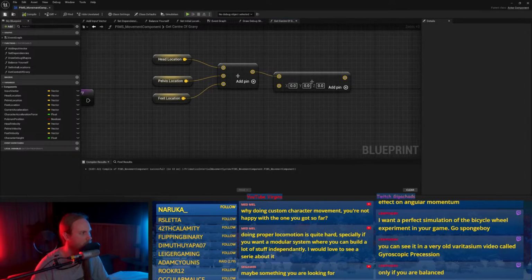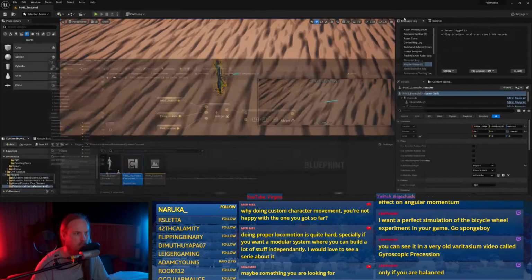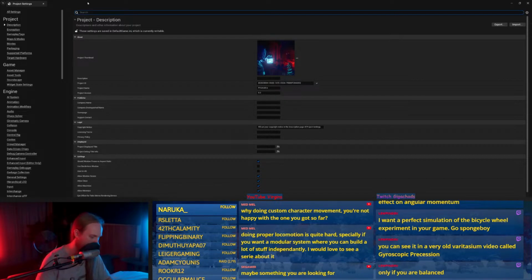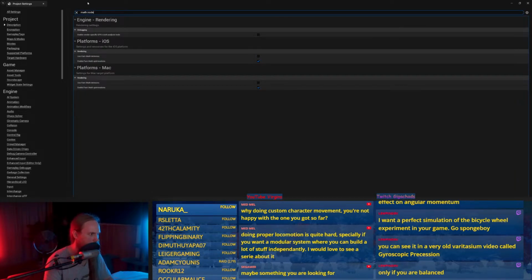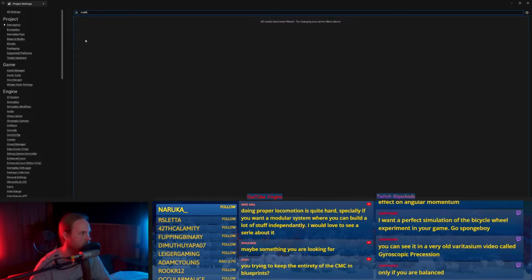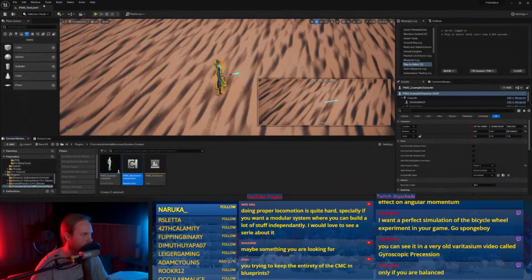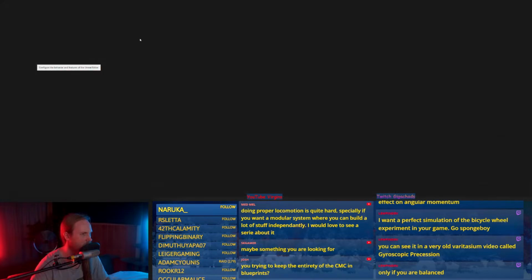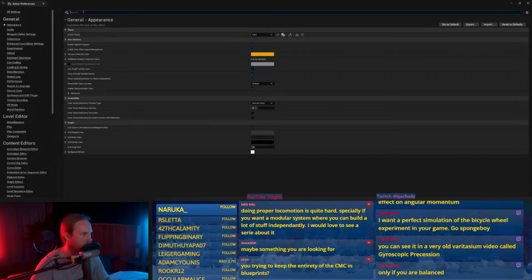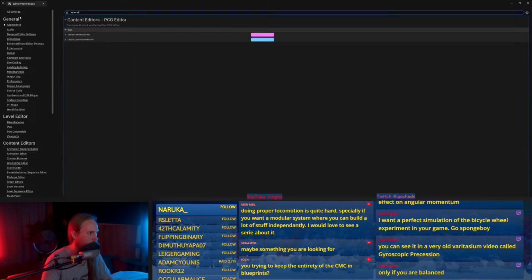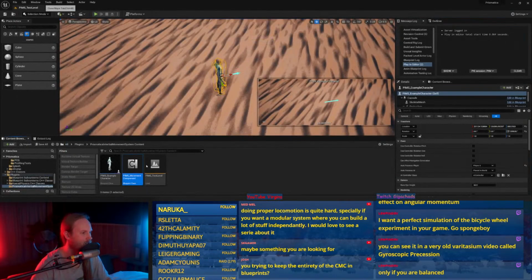Where's the old math nodes? Is it in editor settings? Math operator, what is it called?